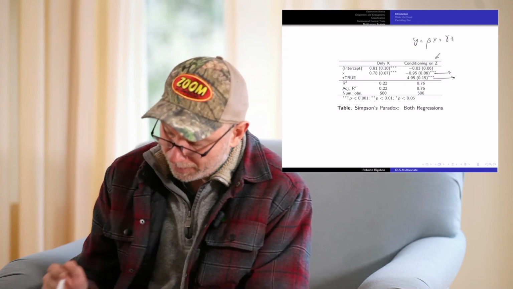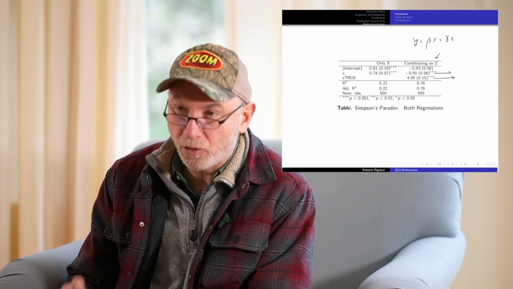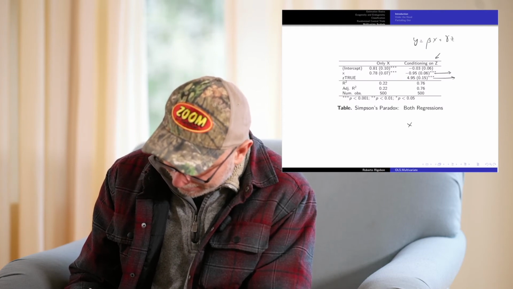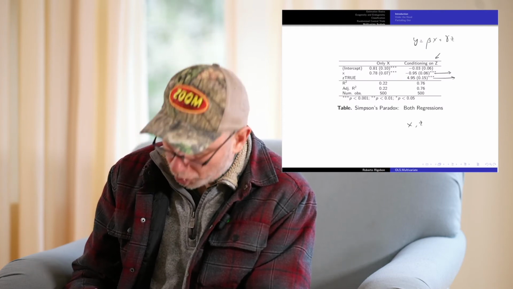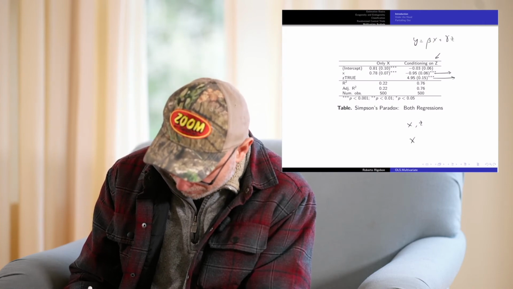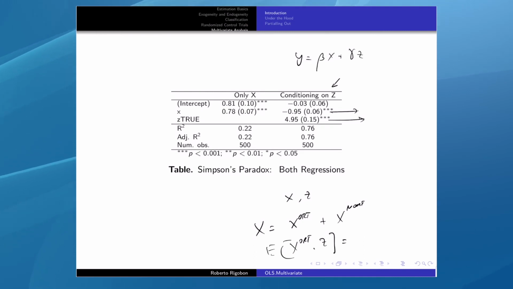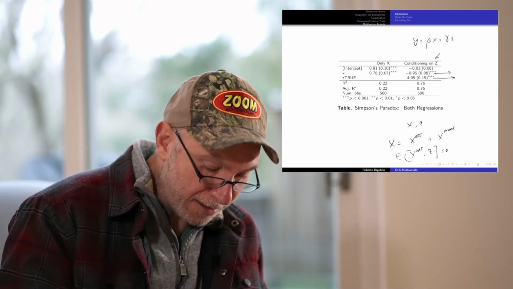And what we tend to do is that we look at the orthogonal component of x and z. So what we're going to do is say, well, x and z are correlated. So I'm going to construct a new x. So let me call it x orthogonal. And this is the component of x that is orthogonal to z. So x will be x orthogonal plus x not orthogonal. And the x orthogonal is independent of z. But the other one is correlated. So we're going to construct that, and this is called